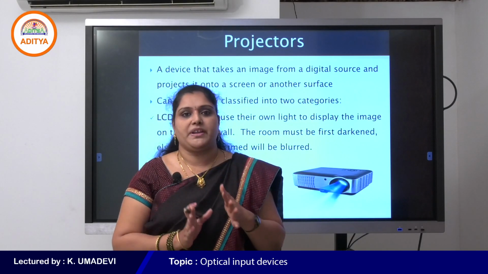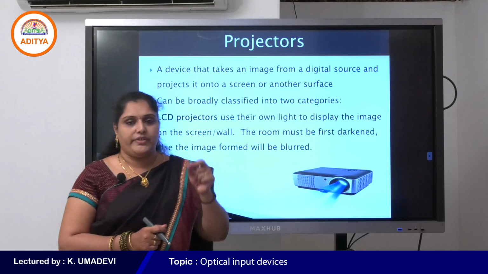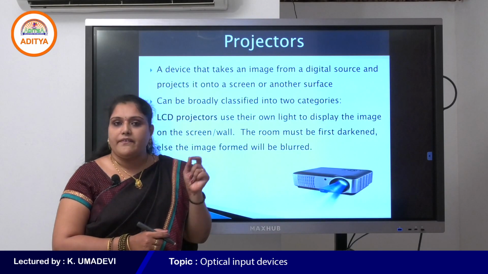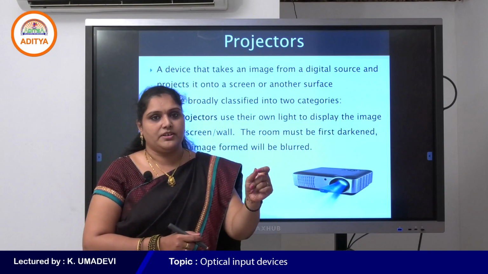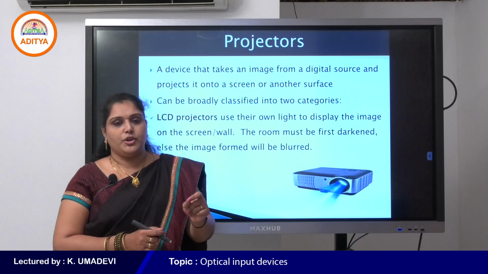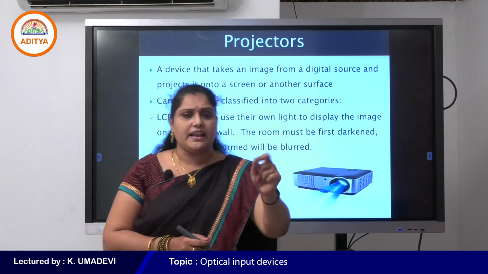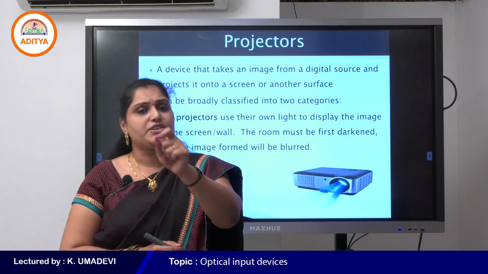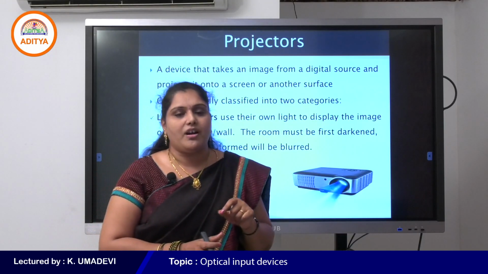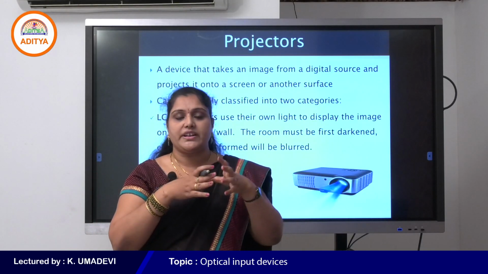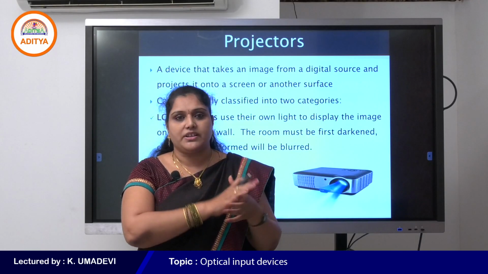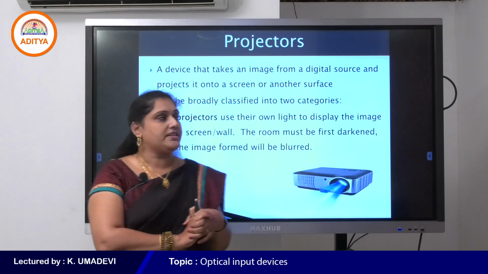These are the various displays available for monitors. The older one is CRT, but now we are using LCD, LED, OLED, AMOLED and Super AMOLED displays, because they produce higher quality than the previous one. That is the advantage of display screens.